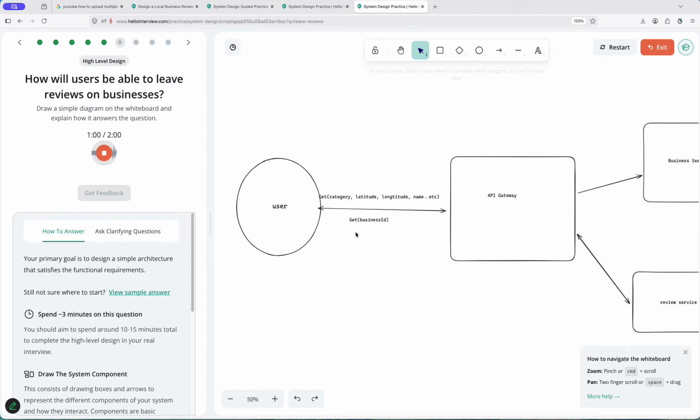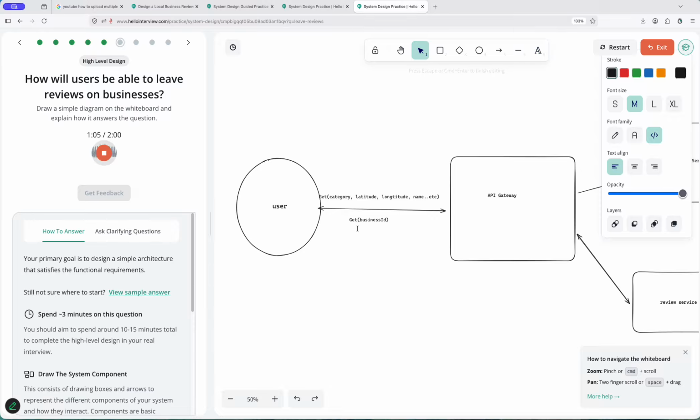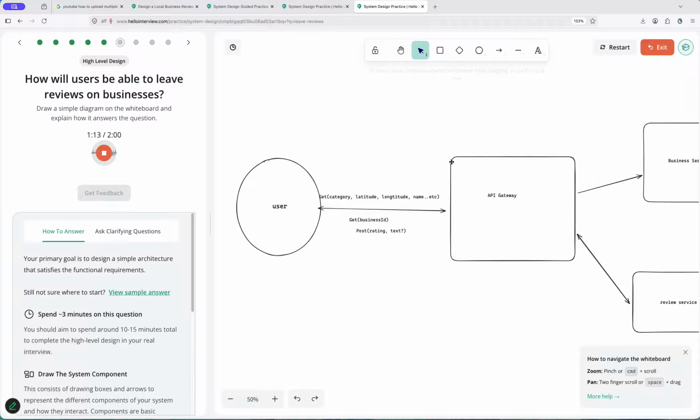When the user leaves reviews on the client operation, the client operation sends the payload to the API gateway, and the API gateway